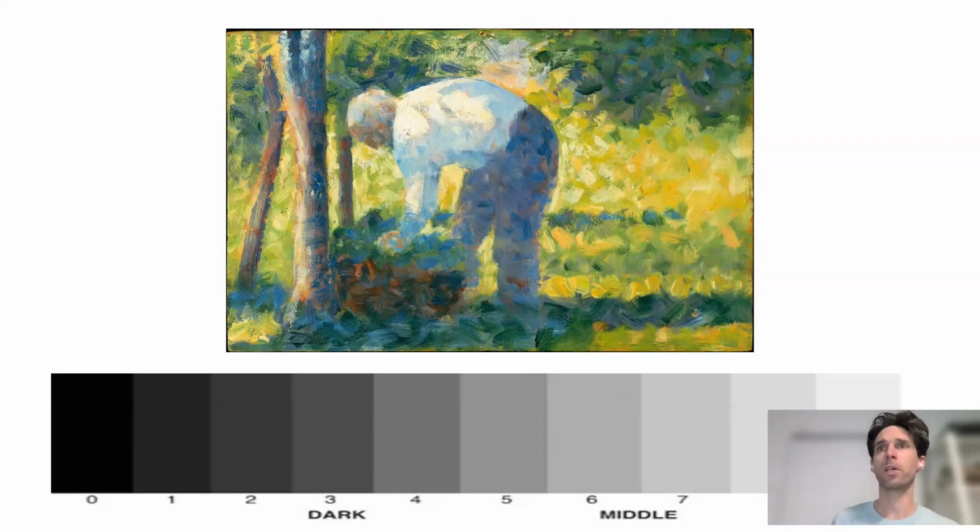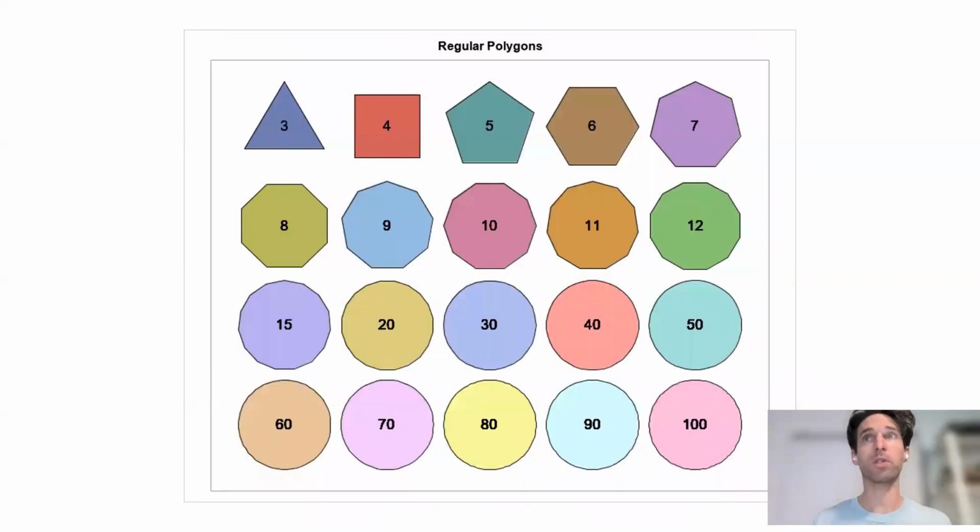Now, that's a painterly way of thinking about an object, and another way of thinking about it is with one of my favorite topics, which is calculus. Calculus has an idea in it, which is as the sides of a polygon approach infinity, we approach a circle. And this is a beautiful concept, and I feel like it relates to the Olmec heads and to sculpture in general, and you could add more sides,